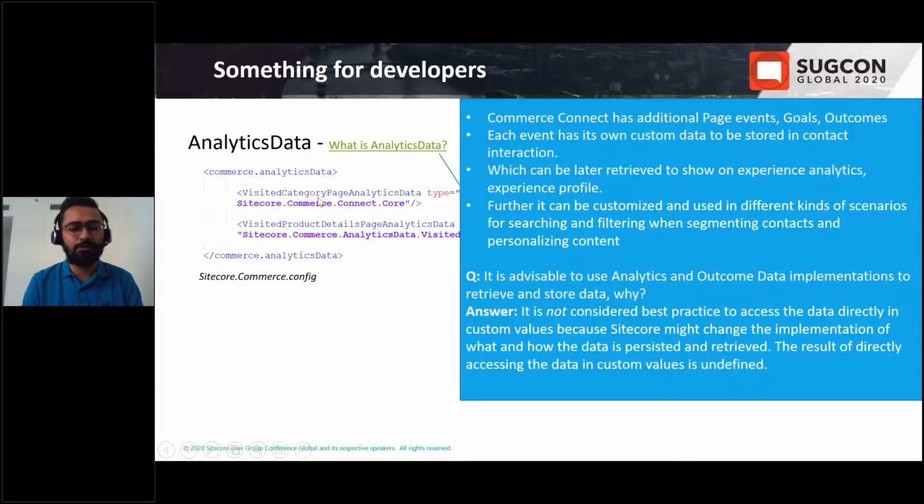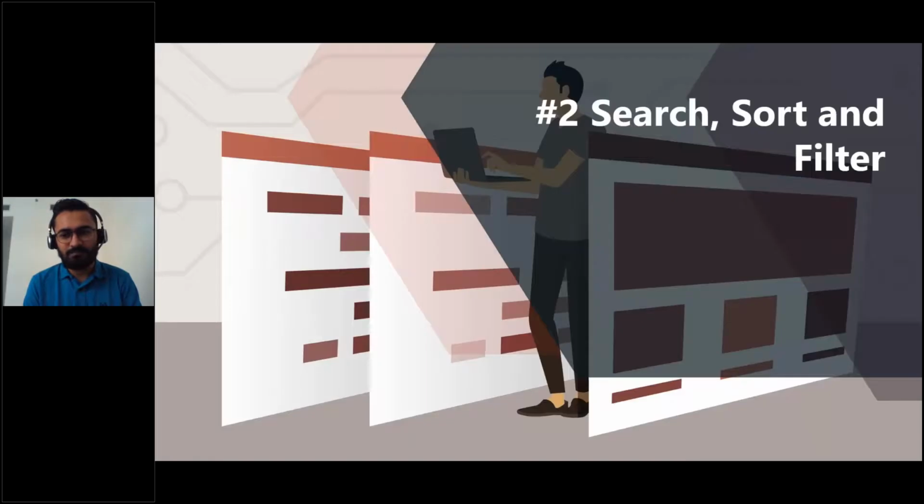Each and every user journey which we are tracking into analytics for the customer has its own specific analytics data defined, which you can modify. So these are the main things which, as a backend developer, we need to be aware of: what is getting stored, what the events, goals, and outcomes being raised are, and these analytics data.